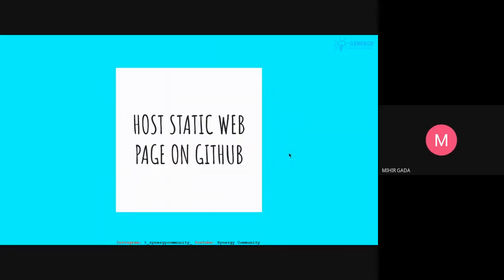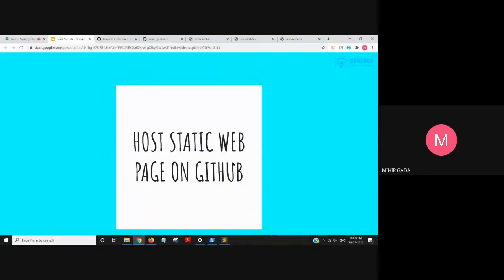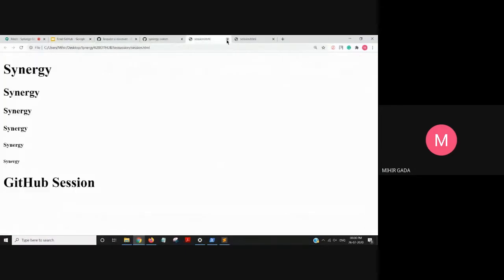Now this is the last part. Now we will show how to host a static web page on GitHub. So now, to host a static web page on GitHub,